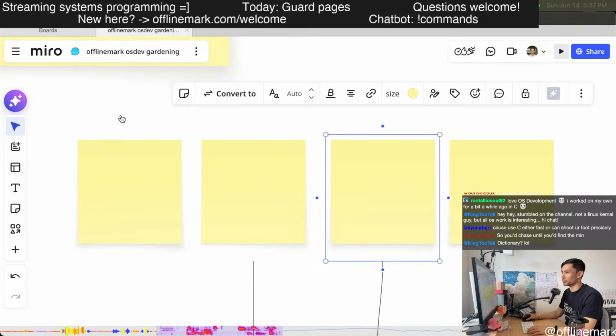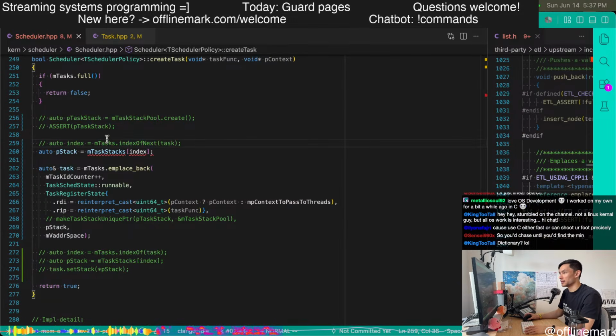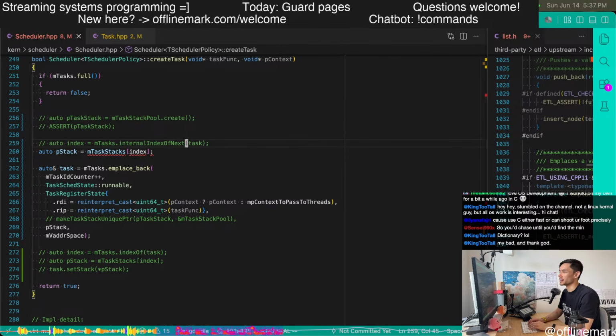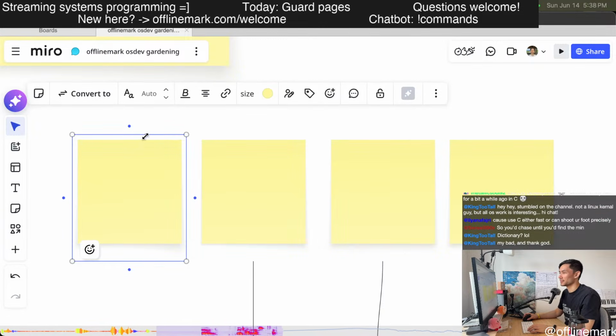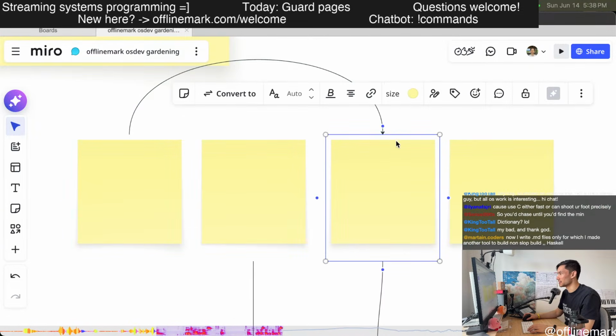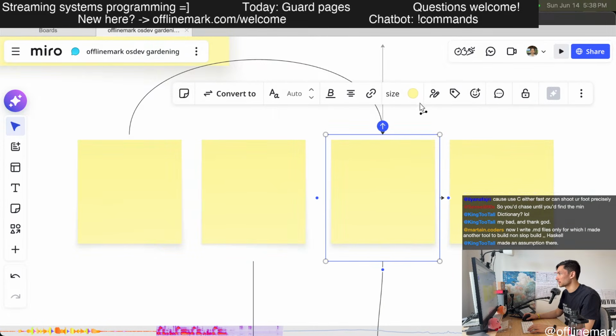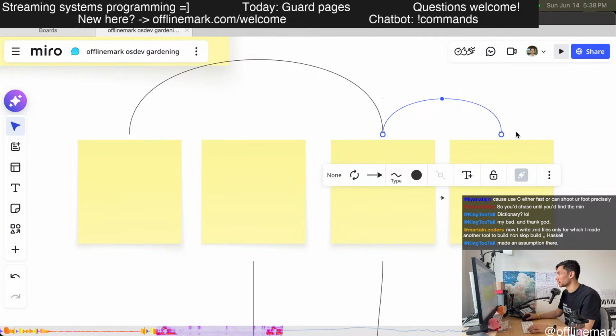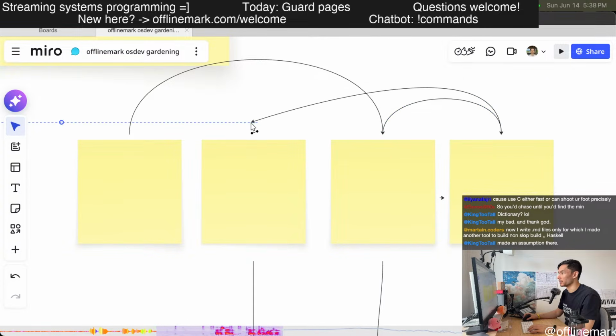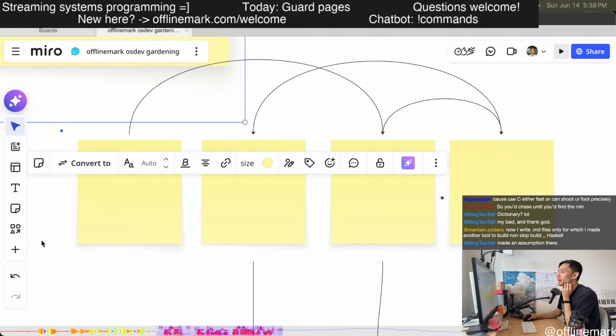So it's really just the idea to find sort of internal indexes. This is sort of a weird API. Internal index of next. And the internal index, like this thing can be pointing to this thing, and then this thing can be pointing to this thing. And this thing can be pointing over here. That's like how a linked list can work.